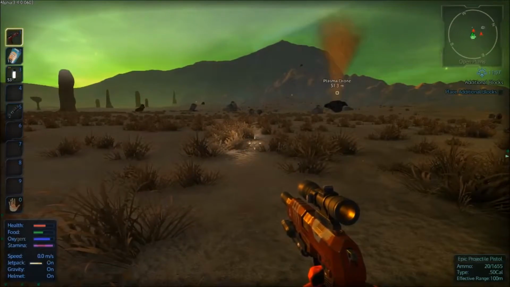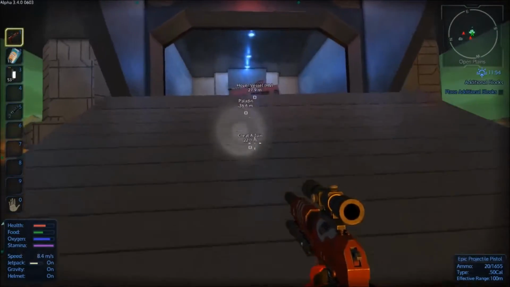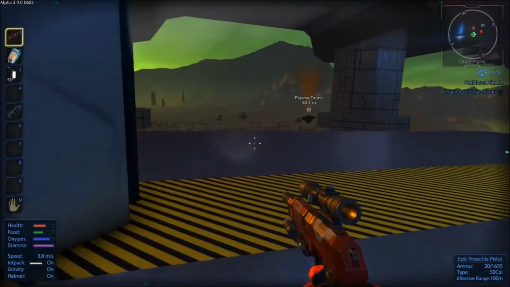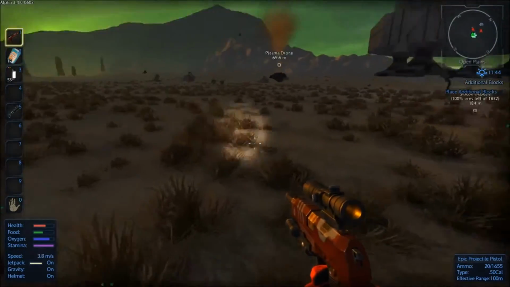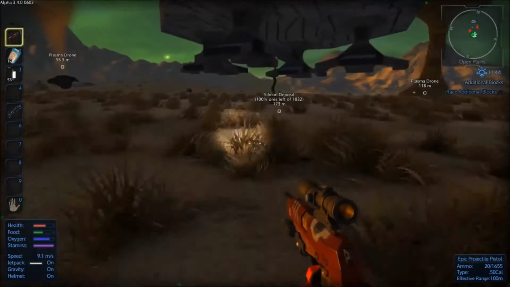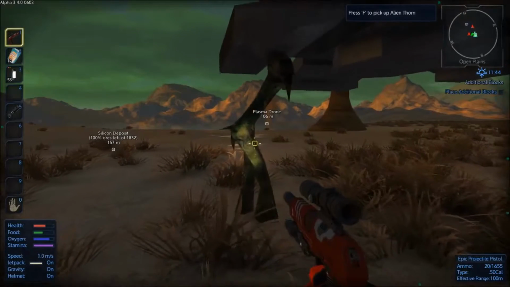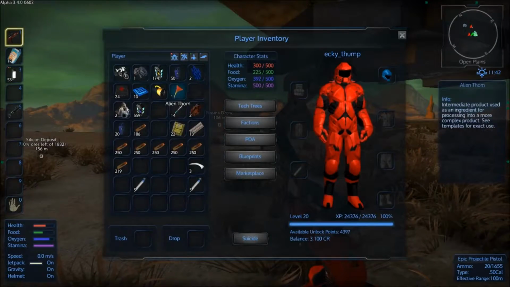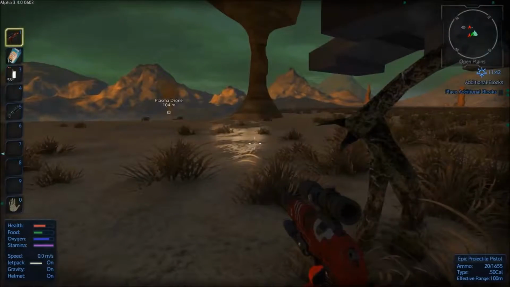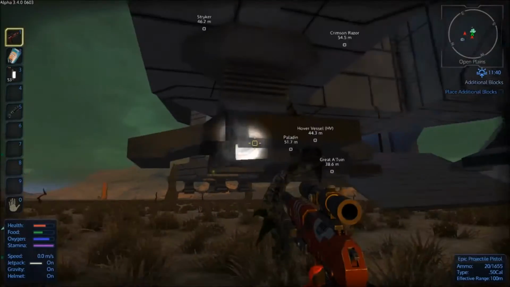Ow. Oh god. Let me put those drone parts in the constructor. Right, let's have a quick scout around the neighbourhood, see what this planet's got to offer us then. What on earth is this? Alien Thorn. Oh, those you actually get on Aqua. Usually you get them on